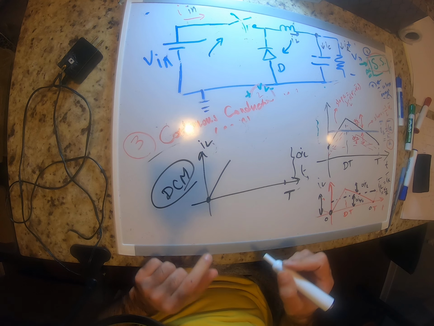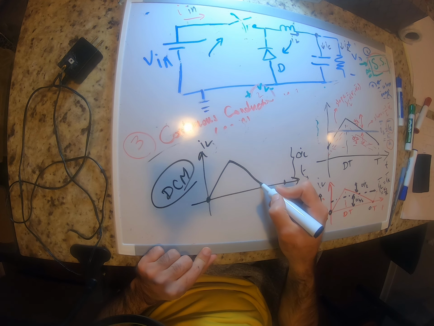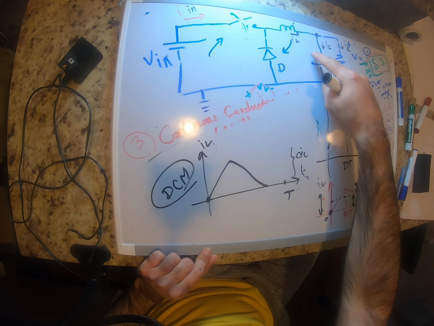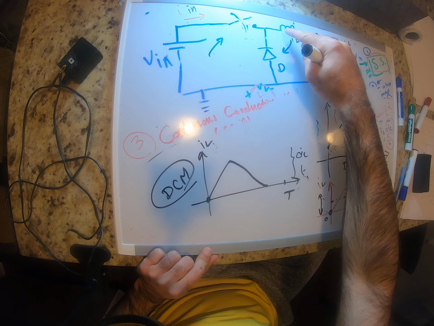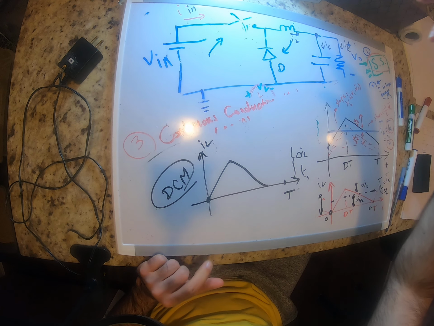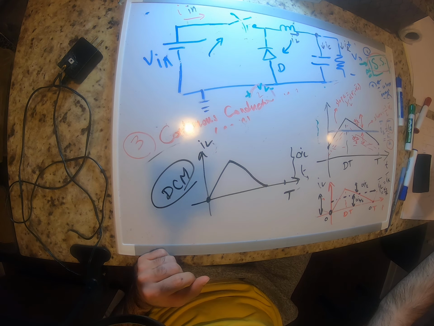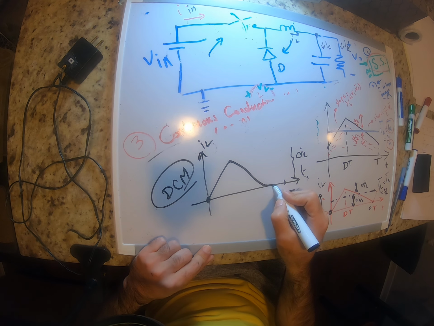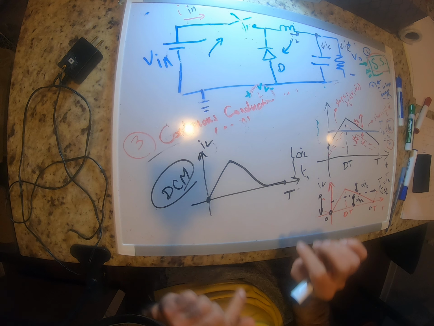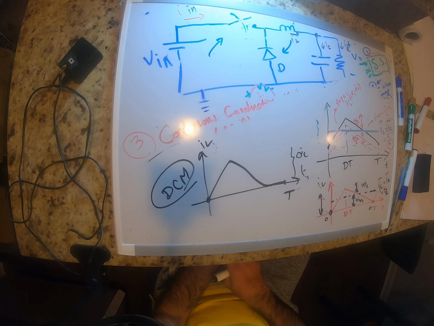But before we reach the end of the period, it hits 0. And you remember that I mentioned that if there is no current going through the inductor, then this diode is basically open. So there's no current going through the inductor for the rest of the period. This is what's going to happen in the